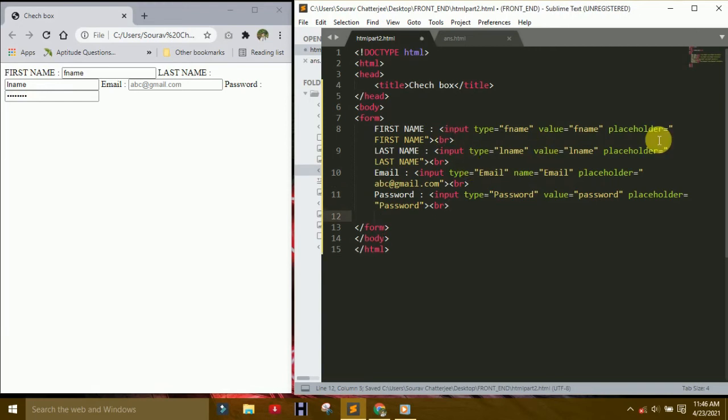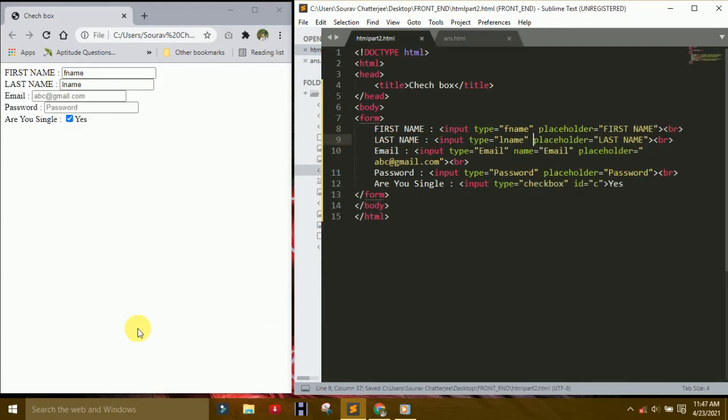Now checkbox. Single. So are you single? And now I here use checkbox.